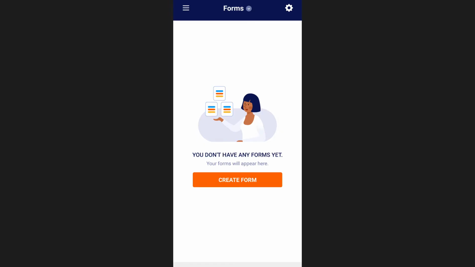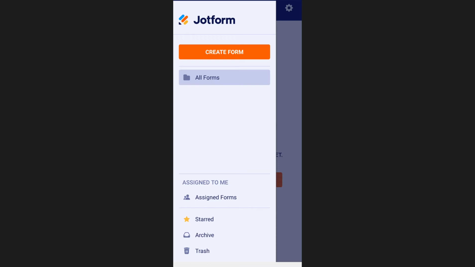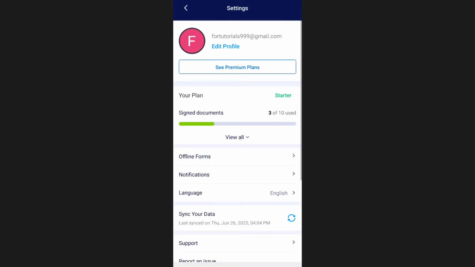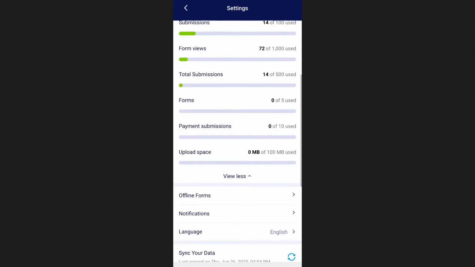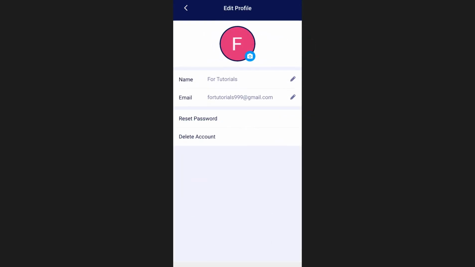If this is your first time using the app, your dashboard will be empty. This screen is where all your forms will appear. To access additional options, tap on the three horizontal lines in the top left-hand corner to open the main menu. You can also tap on the gear icon in the top right-hand corner to view your current account plan. Tapping on View All will show all the features available under your current plan. You can also see premium plans from here, or tap Edit Profile if you wish to update your name, email,